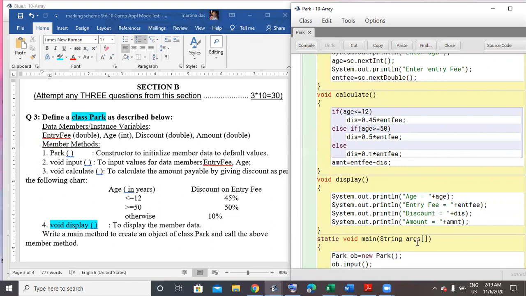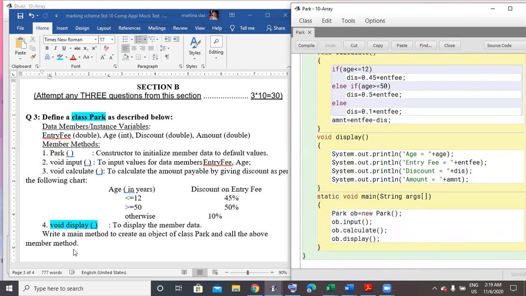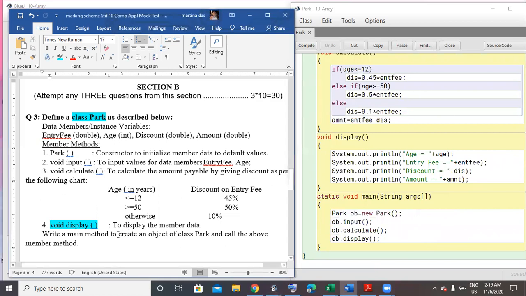Then we come to write a main method to create an object of class Park. So this is very important. It says that you need to create an object of class Park and call the above member methods. So I've created an object ob of Park using my new operator. Then how am I calling the methods? When you write new Park, when you create an object, the constructor Park is called.